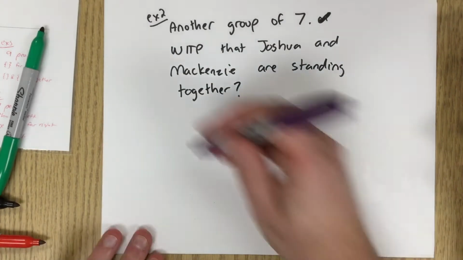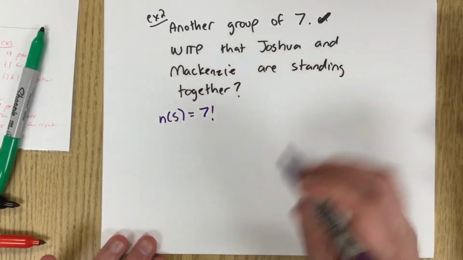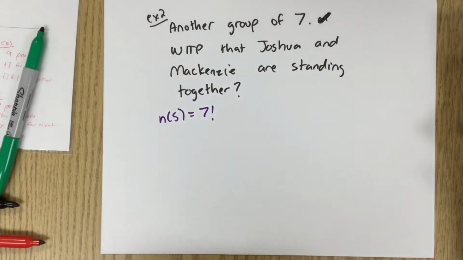Okay, so the number of total is still going to be 7 factorial, not very exciting. Now, the NA though,